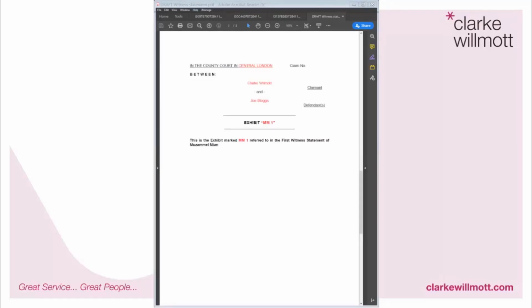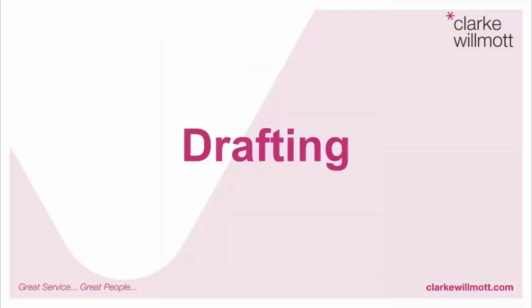And finally, there is an exhibit sheet to come with the witness statement if you refer to any documents. So that's basically the actual skeleton of a witness statement. And that's the building block for me from which I actually start preparing a witness statement. So in terms of drafting,